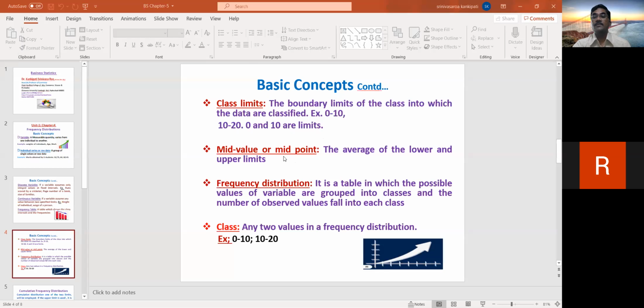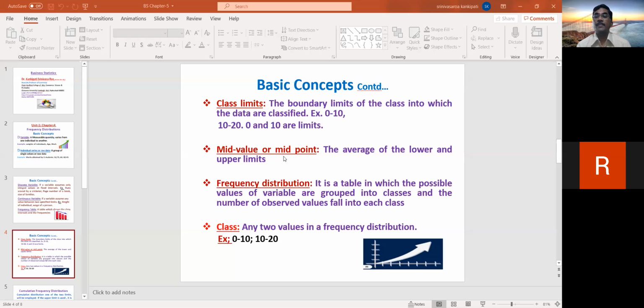Next, mid value or midpoint. What is mid value? Mid value is very easy. You can easily understand. Take a class, say for example, 0 to 10, 10 to 20, 20 to 30, like I explained. Now to determine the mid value or midpoint, what you have to do is take the lower limit of the class plus the upper limit of the class. If you add, you will get some sum. Say for example, 10 to 20 is a class, lower limit is 10, upper limit is 20, 10 plus 20